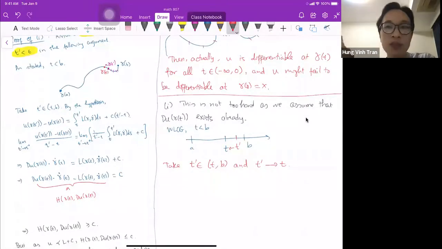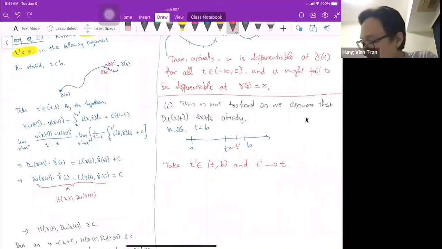And you can see, I'm not doing anything crazy. I'm just using exactly the fact that because it's a calibrated curve on a big interval, it's a calibrated curve on any sub-interval. In particular, I'm using the fact that it's a calibrated curve on the interval from t to t prime. And that means that I can compare the values.